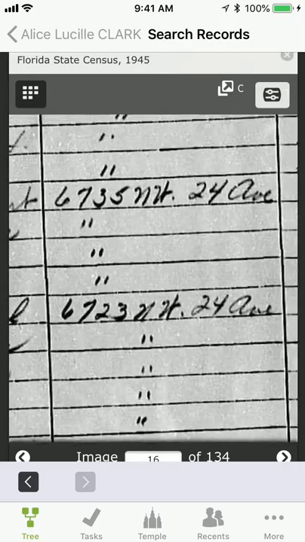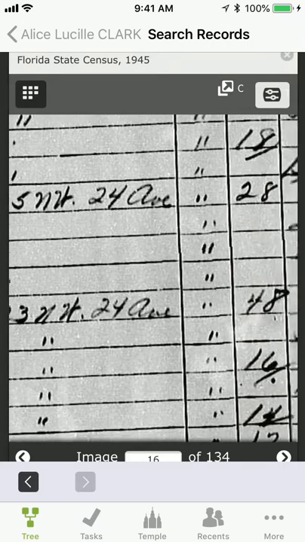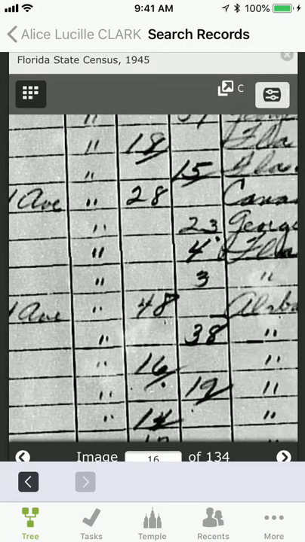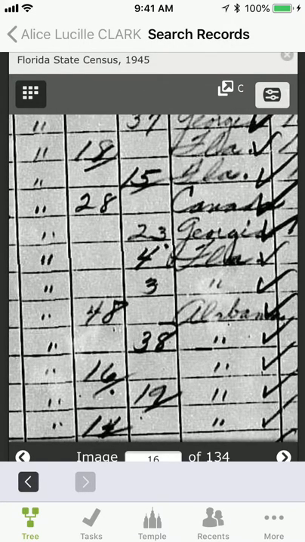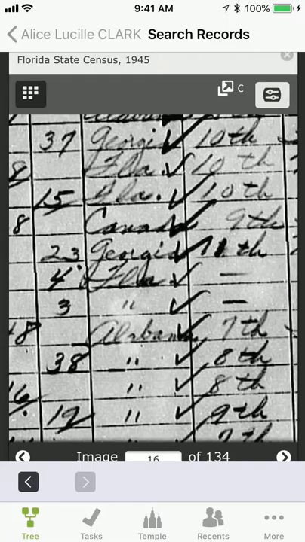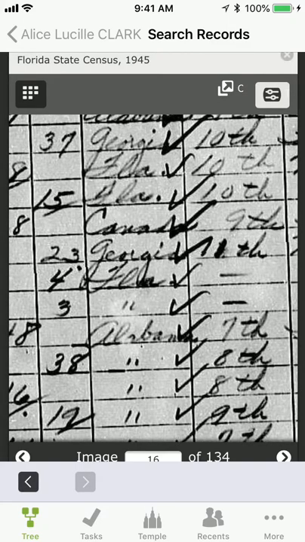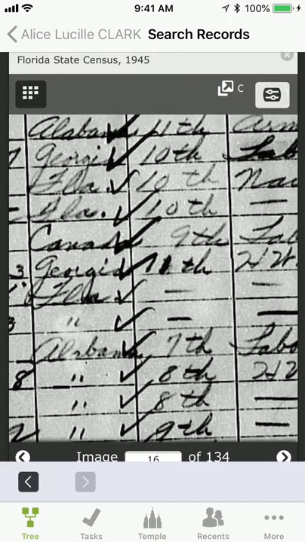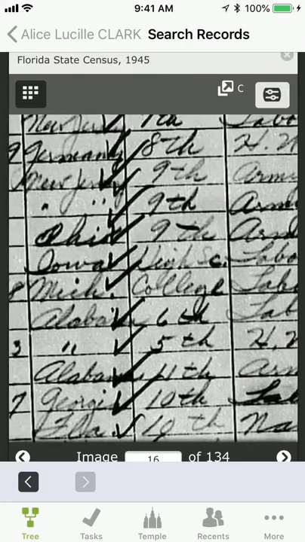Looks like we have a street address for them. We have their ages. So my mom was 3 in 1945. That matches my knowledge. Grandfather born in Canada, grandmother born in Georgia. My mom and her sister born in Florida. This column here, if I scroll up,